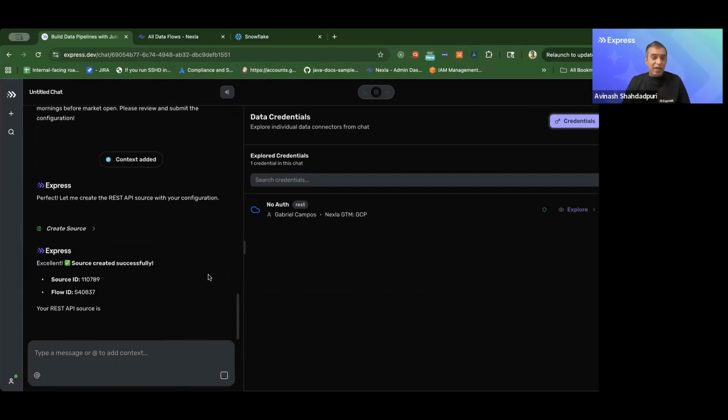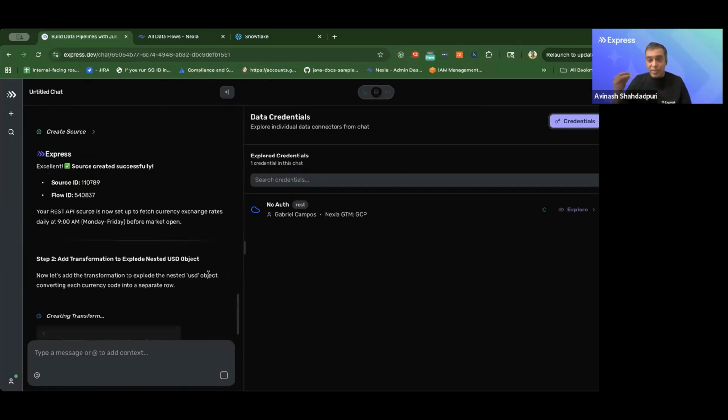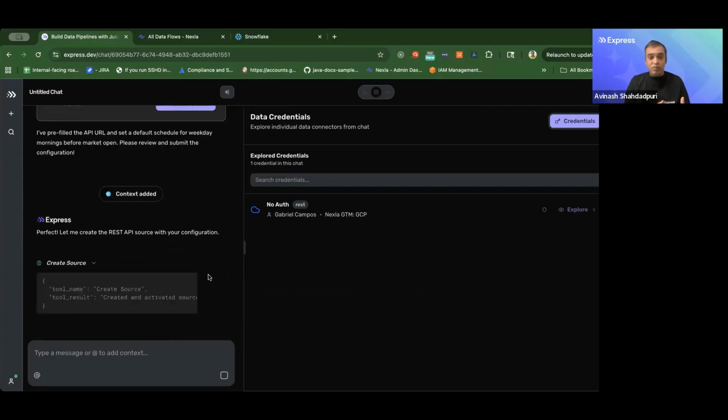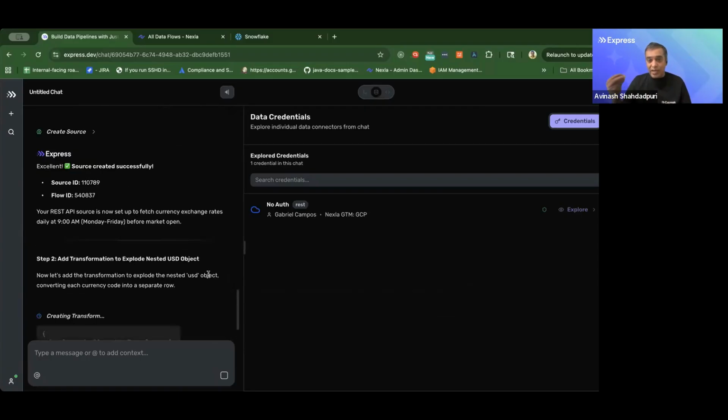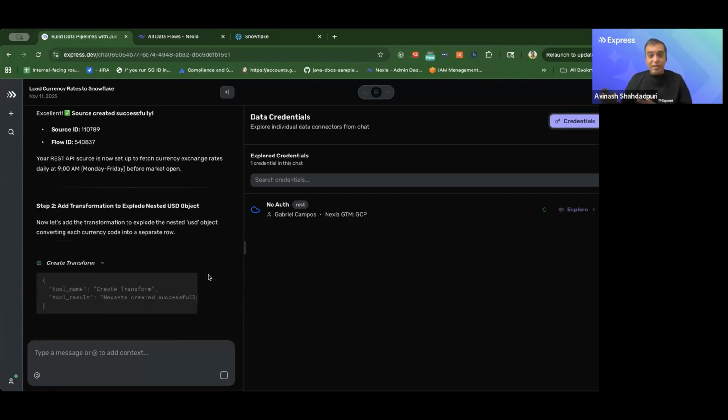I hit create source. It now introspects the metadata, the API response from that particular source, and tries to see, is this ready to be loaded into Snowflake? It's not. It needs to explode the nested object that is within the source. Automatically, it goes and creates the transformation to be able to load data into a form that is ready to